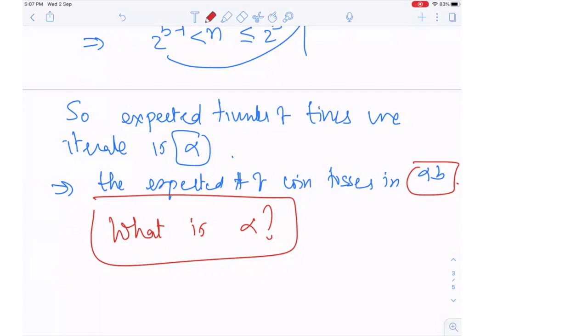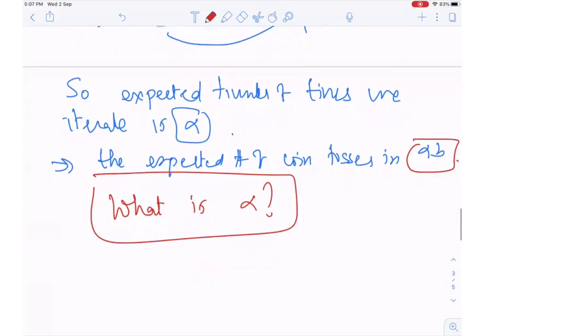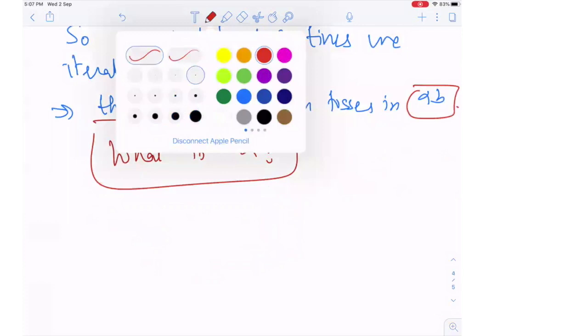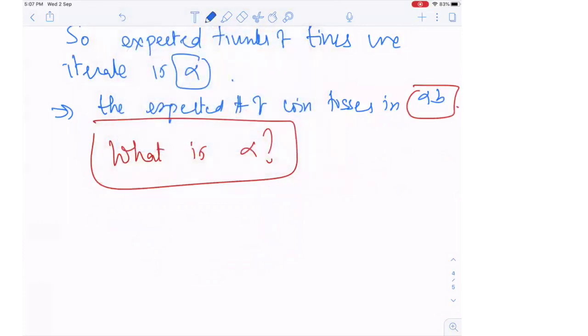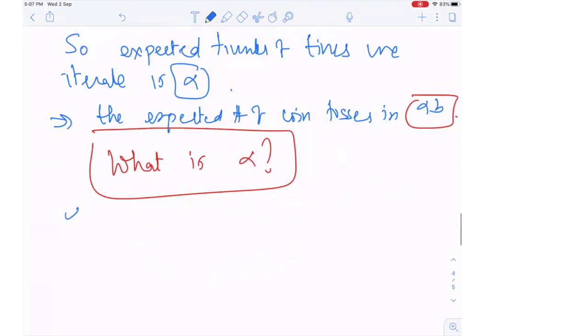Okay, so I'm not getting any more, so I'll show you the poll result. Overwhelmingly, a lot of you have said 2. So alpha is 2. A lot of you have said 3. Some of you have said don't know. 70% of people have said 2, so even just by the polling results, we should believe that alpha equal to 2 is the correct answer.